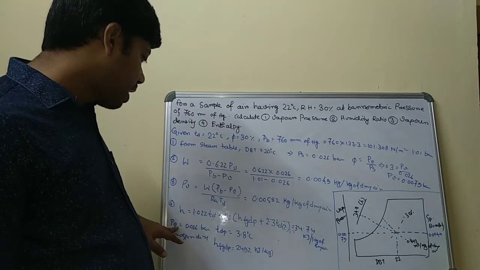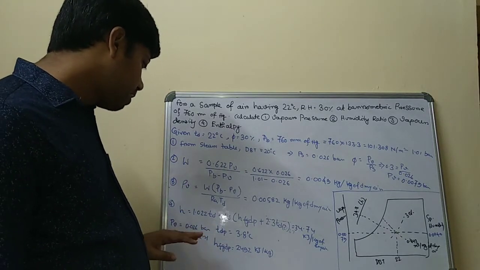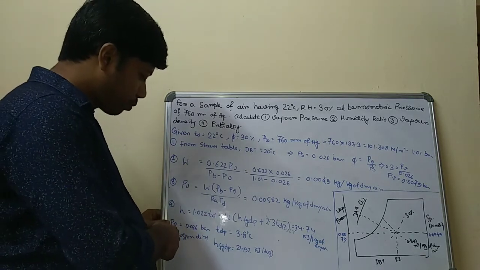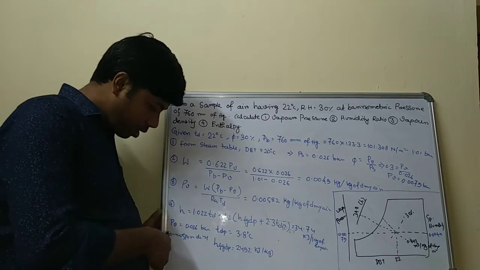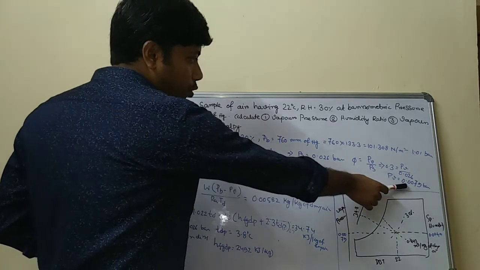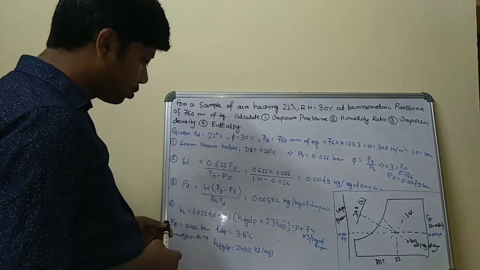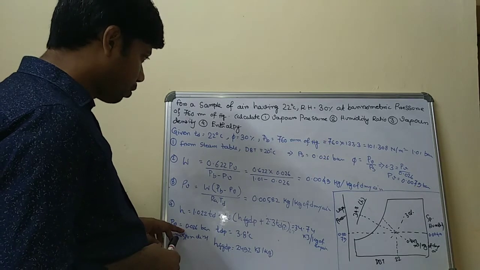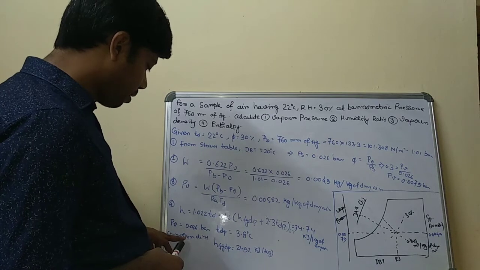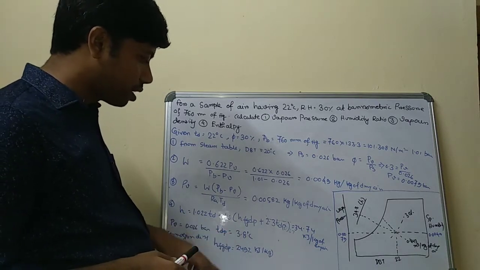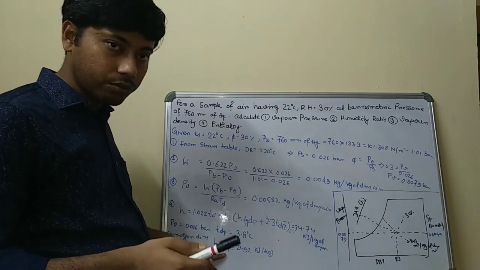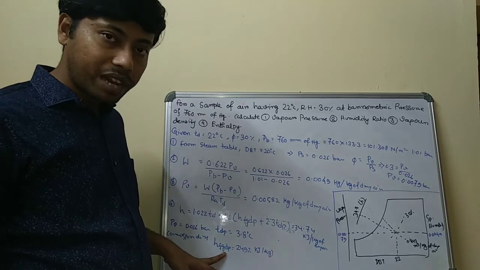As you know, the dew point temperature corresponds to the partial vapor pressure, so the vapor pressure is 0.026 bar. Corresponding to this, you can easily calculate the value of TDP, 3.28 degrees Celsius, and from this temperature you can get the value of latent heat of vaporization from the saturated water steam table.